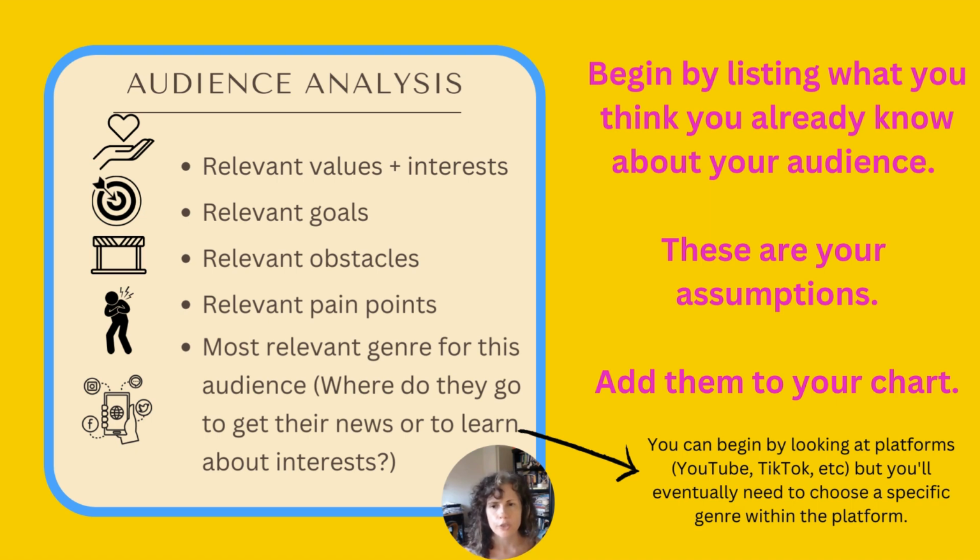So the first thing that students do is they pause and they reflect on what they think they already know about the audience. Those assumptions that they have that they're either going to verify or change throughout the process of the class period. So I give them some ideas about some things to focus on. Again, this is referring to the chart. So what do you think you know just off the top of your head? And what I encourage them not to